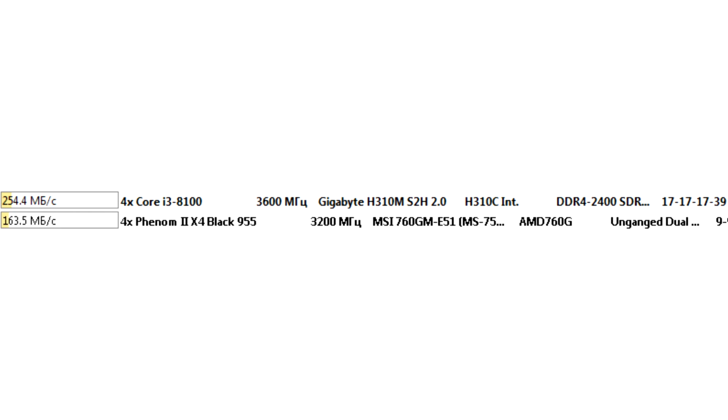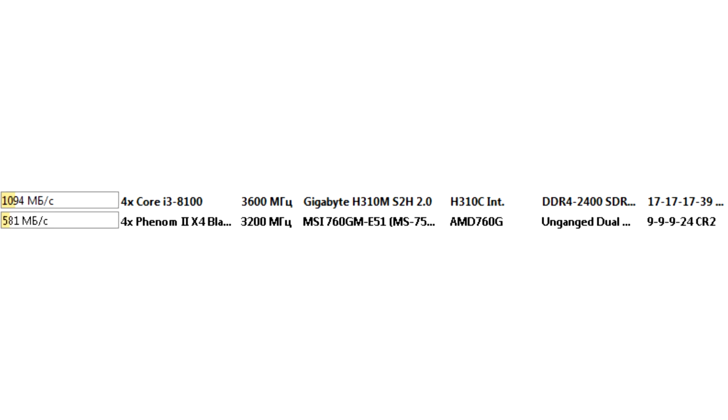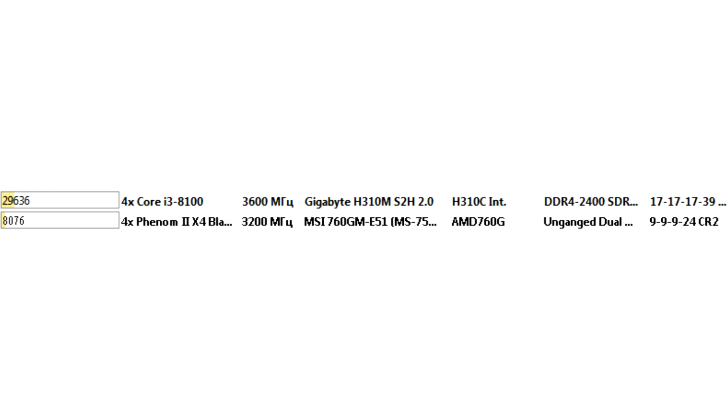a significant 55%. The eighth test is CPU AES. A strange and inexplicable monstrous superiority of Intel Core i3-8100 over AMD Phenom II X4 955 Black Edition. 18 times. The ninth test is CPU SHA-3. Intel Core i3-8100 was faster than AMD Phenom II X4 955 Black Edition by almost 1.9 times. The 10th test is FPU Julia. And again, the crushing defeat of AMD Phenom II X4 955 Black Edition, Intel Core i3-8100 was faster by 3.66